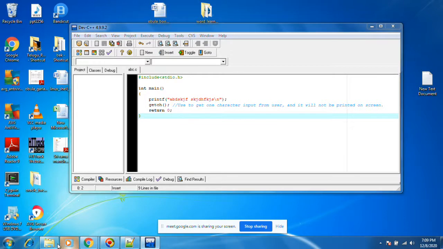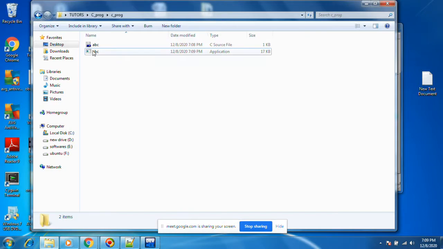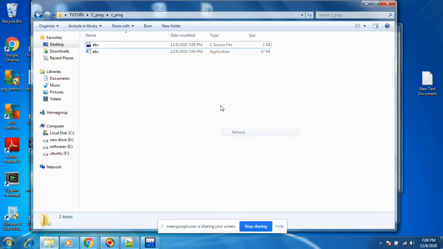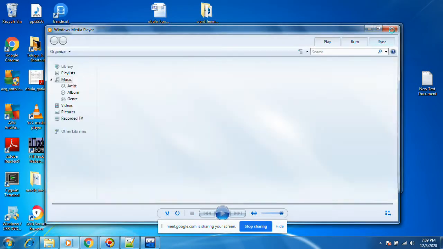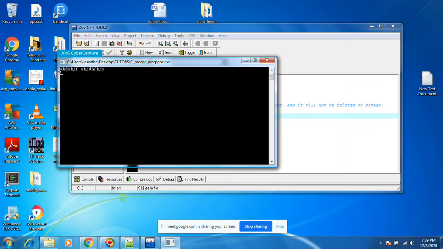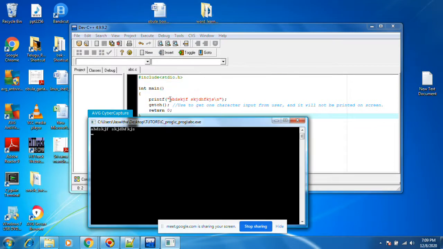And then this file also gets updated. Refresh, it will get updated. And then execute, run. You see, whatever output is in the printf, it will come.